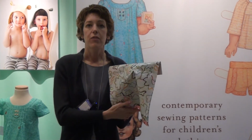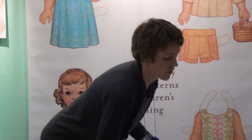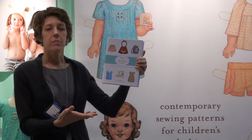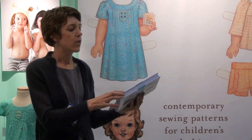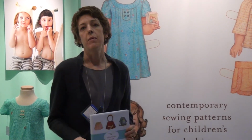And if you're also looking for other things to do with that coated fabric, we have a book that's coming out. This will be available in March, our very first book called Oliver and Ness Little Things to Sew. This is sort of a companion book to our sewing patterns. This is all hats and bags and accessories for kids, some toys and things like that. There are a few projects in here that would lend themselves really well to the coated fabric. We have a smock in there, a little lunch bag, some things like that would lend